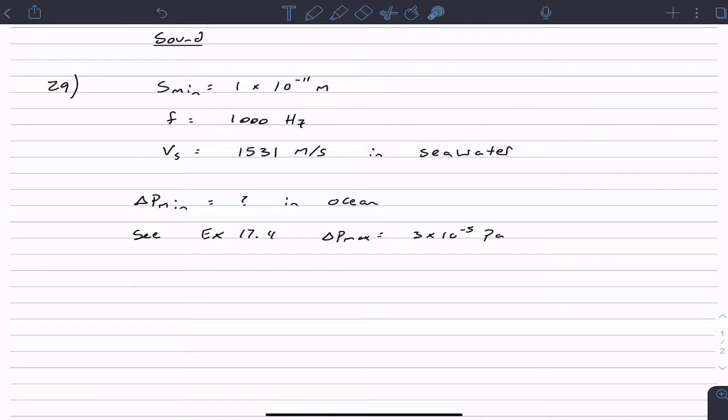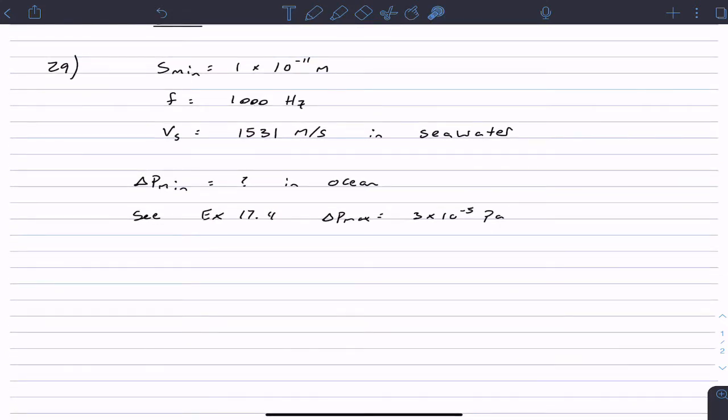Okay, so we're given some information right away. The smallest amplitude detectable by your ear is 1 times 10 to the negative 11 meters. So that's the actual amplitude of the wave that you can detect, right? Now we're saying if we have a frequency of 1,000 hertz, what is the smallest pressure amplitude that you can hear under the ocean? So we're looking for the pressure, right? If we can detect this amplitude, what's the pressure amplitude that we can hear